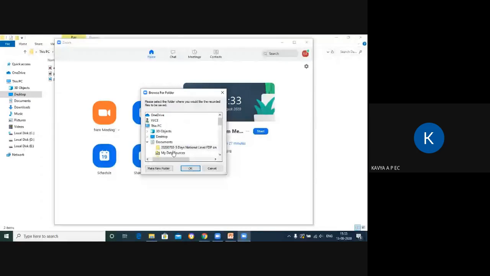Okay, I'll go to the desktop and create a new folder and rename it. It is very important to create new folders and save your videos there. Otherwise, there is a possibility that your previous video might get erased by the new one because of the same names. It will not even ask whether you want to replace it or not; it will directly replace it. So always create a new folder and then save it.